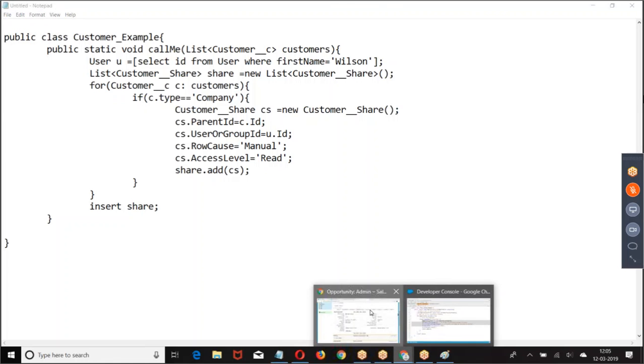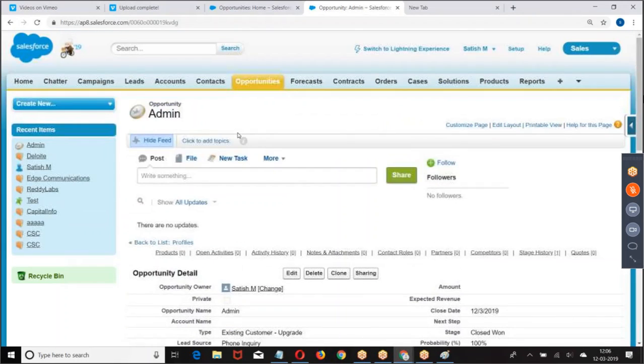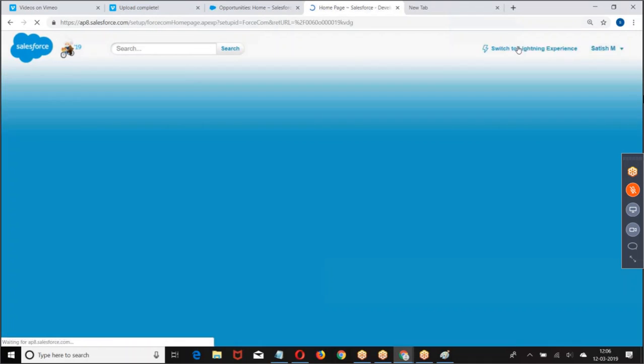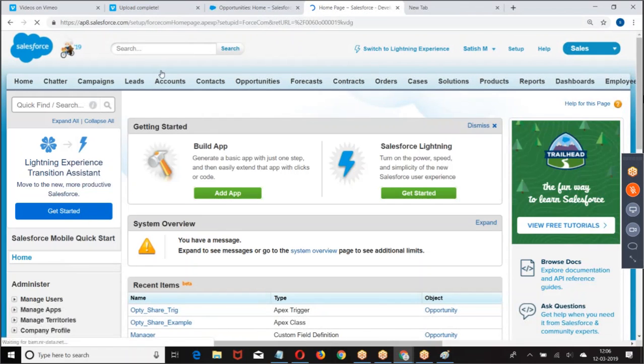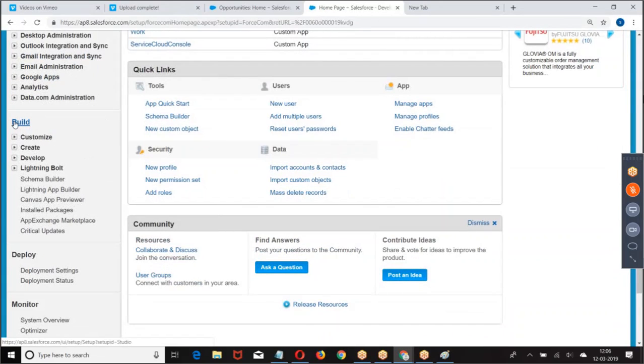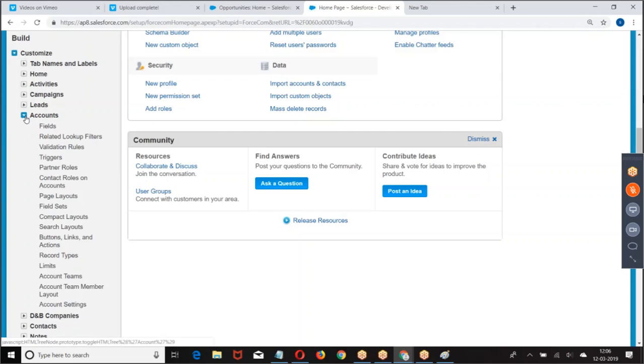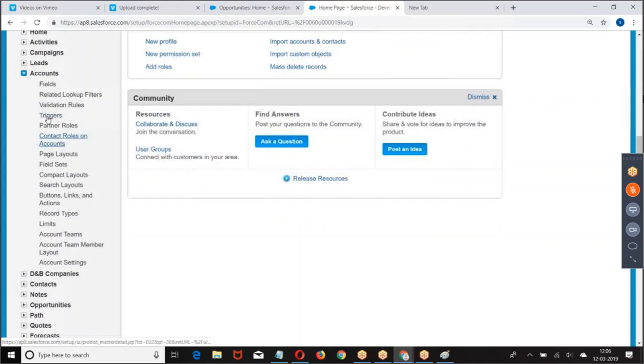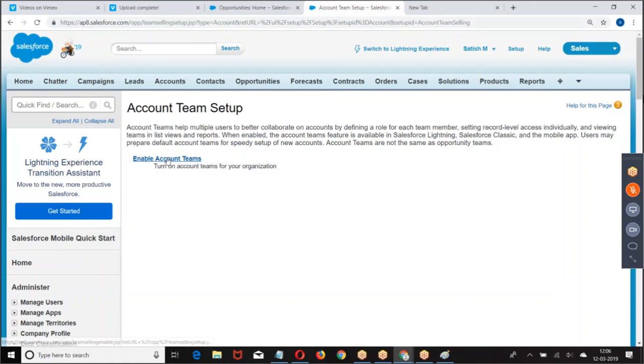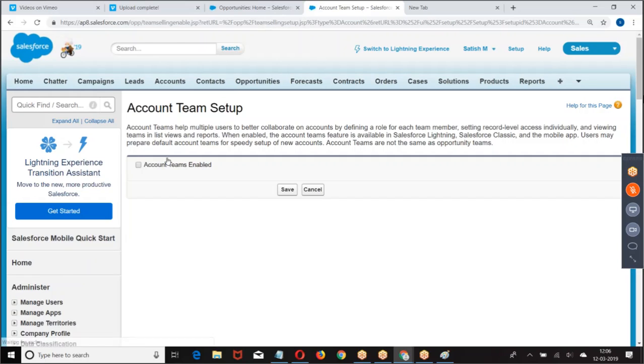If I want to create account teams, look at the point. Setup, build, customize, accounts. Then we have account teams, enable account teams.